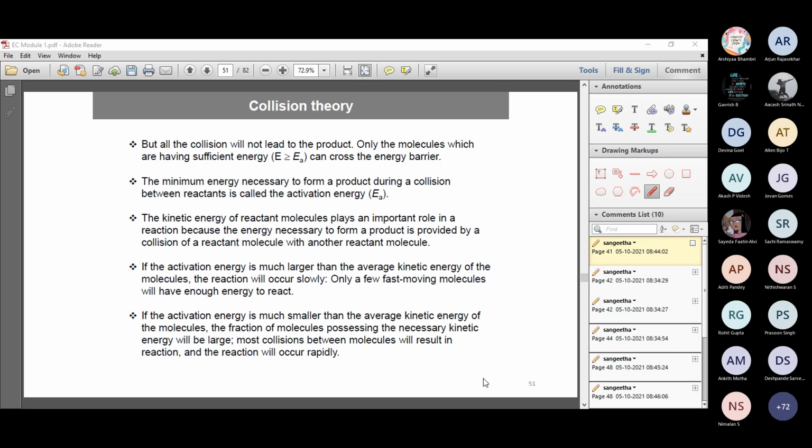1.55. I'm writing it in the chat box there. 1.55 into 10 to the power of minus 4 per second. Once again, can you repeat? I repeat once again. A rate of reaction for a chemical process is investigated at two different temperatures, students. So the rate of a reaction at 25 degrees centigrade is 1.55 into 10 to the power of minus 4 per second.